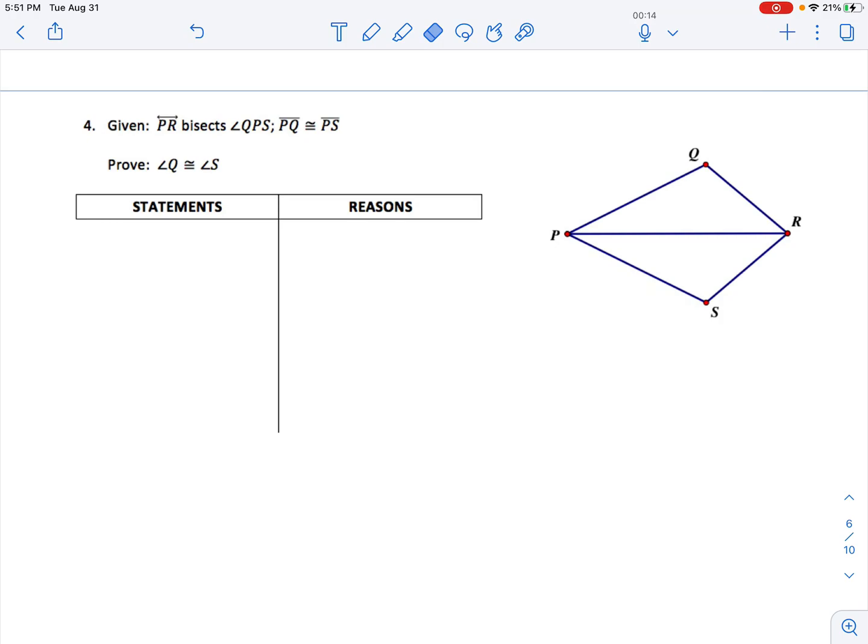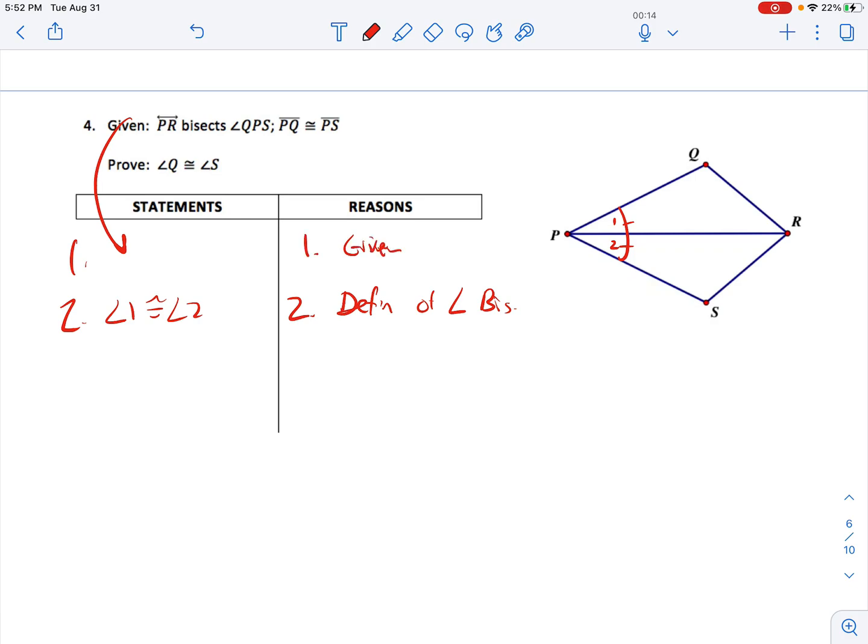Okay. Whoa, wrong thing. Given PR bisects. Oh, I want to say this right now. If that's a bisector, let's just do this. Angle 1 is congruent to angle 2. We've been doing this since Unit 1. Definition of angle bisector. Okay. This is given. Given all this stuff, and that was the bisector thing, and PQ is congruent to PS. All right. So